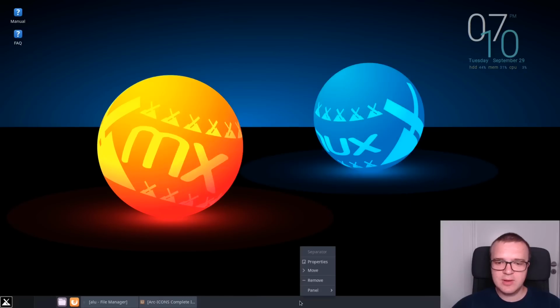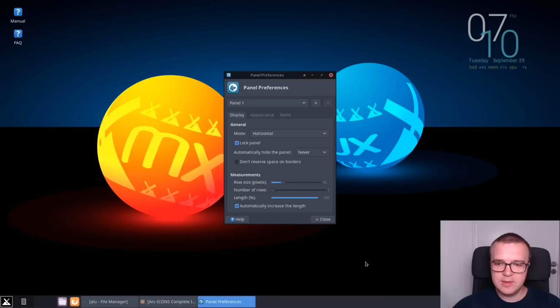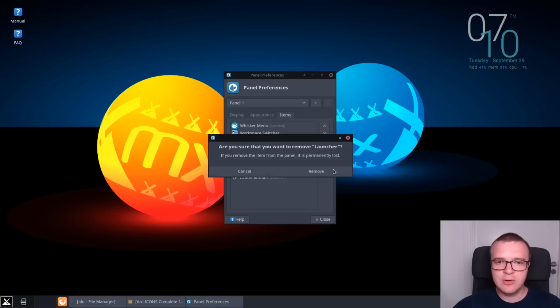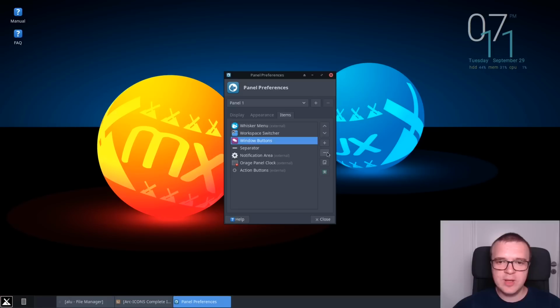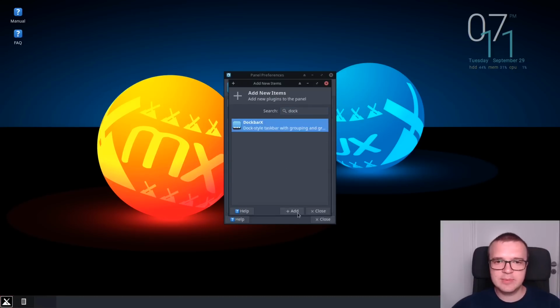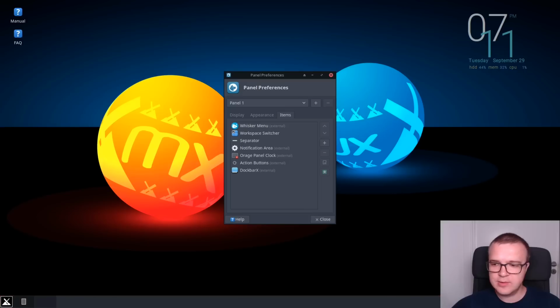After the installation, right click on the panel, go to Panel, Panel Preferences, then you need to go to the Items tab, and here you can remove these two launchers. At least that's what I do on my system. I also remove window buttons, and I click on this plus sign and search for the DockBarX plugin here. Add it. So it has been added to the right part of your panel. You can select it and click on this up arrow and move it to where you want, which is actually here, just before the workspace switcher. Now,